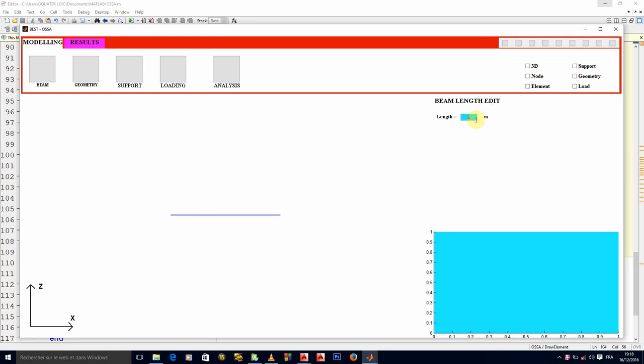Because when I've entered 5, it is when I click on enter or when I click outside of the edit text that my length here should change, okay? I don't want to create any button to say that I have edited, make the change. No, I want it to be interactive, that when we enter the 5 and press enter, it changes. And it is coincidentally what the callback of the edit text does. When you enter a particular text into the edit text and you press enter or you click outside of the edit text, the callback of the edit text is called.